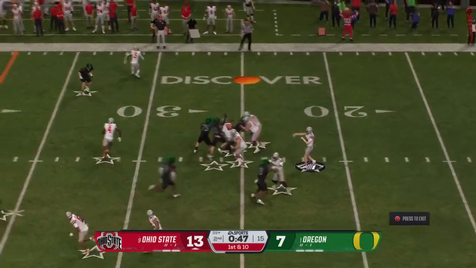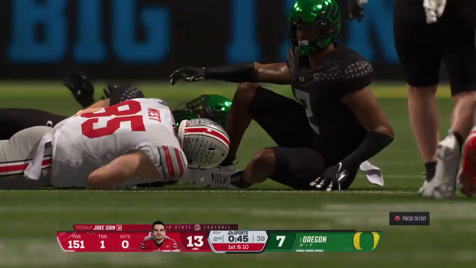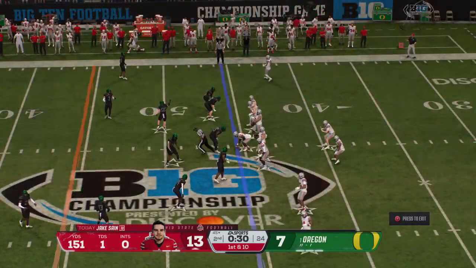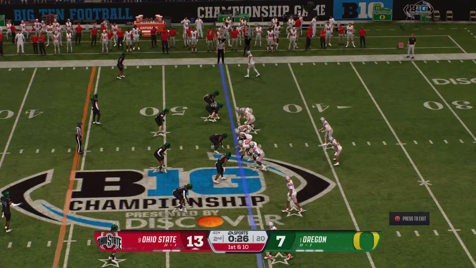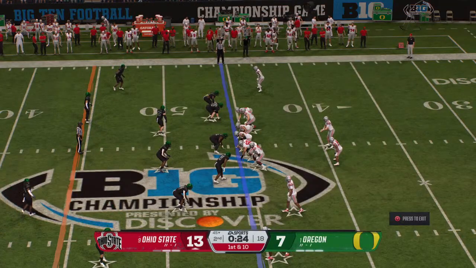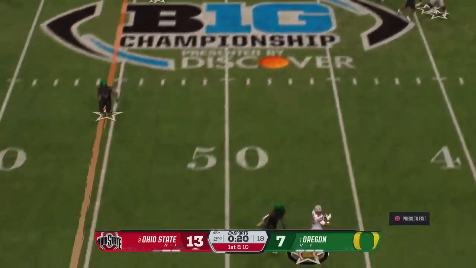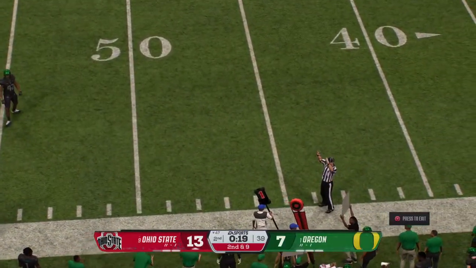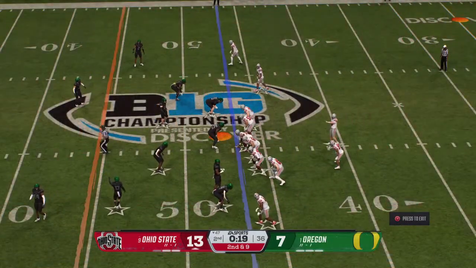There's the snap. They'll set up to throw. Catch is made down the middle. They move the ball to about the 45. That's good for a first down. Offense clicking now to first down at the 45. Play action here on first down. Finds an open target on the left side. Defense shoves him out of bounds. Not much of a gain there.